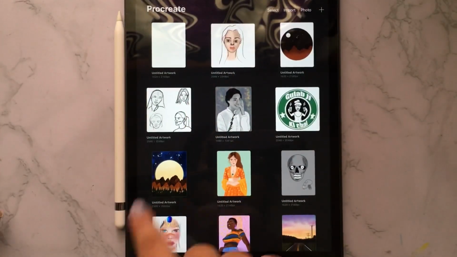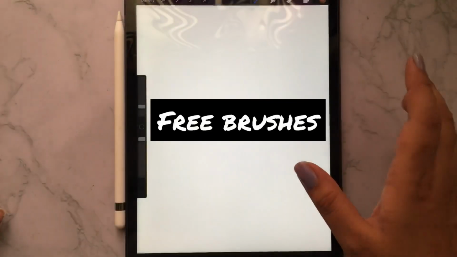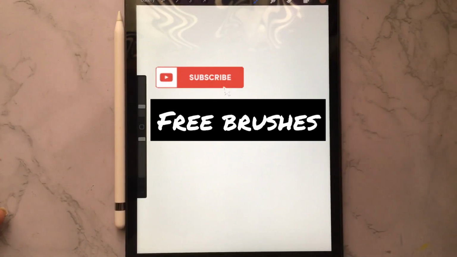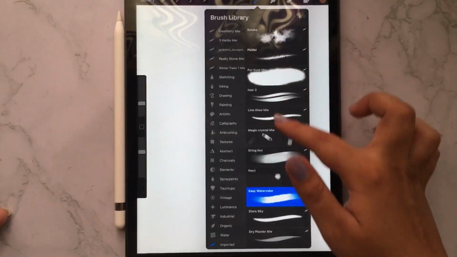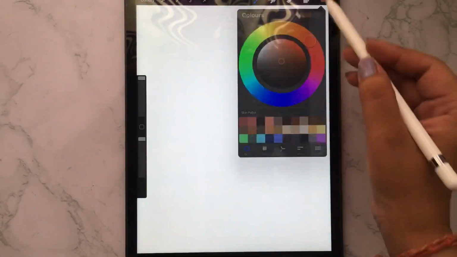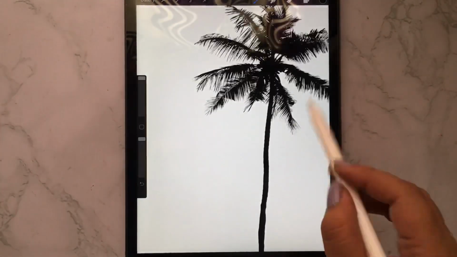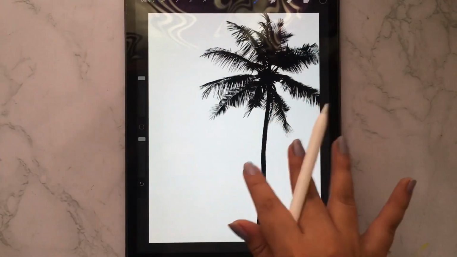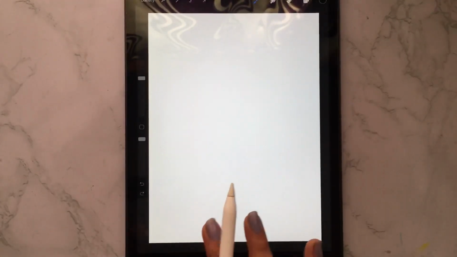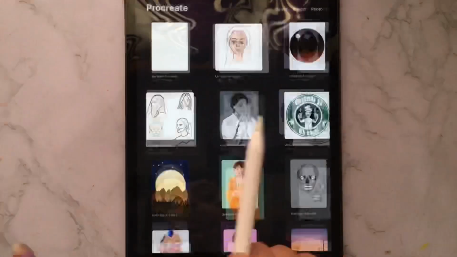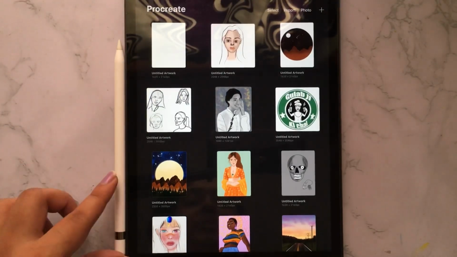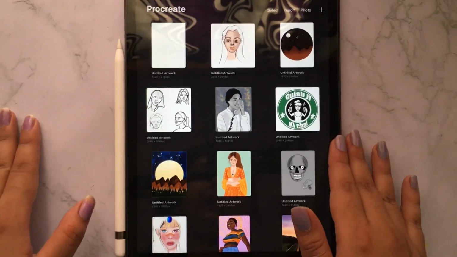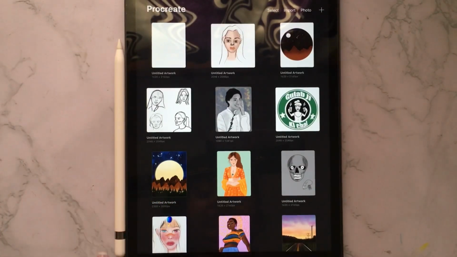What about the free brushes? So you have to download them from outside, or you have to download them from Google and all. I have downloaded or imported them. You can see these are all free brushes. These brushes are so helpful and they are so good. There's an app which I'm going to tell you to download the brushes. You can also purchase the brushes from that app, or you can also get the free brushes from that app.